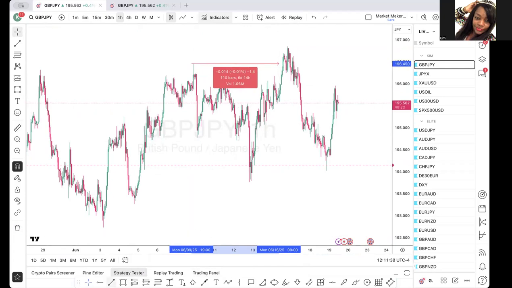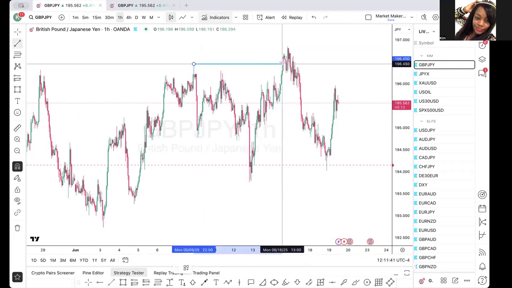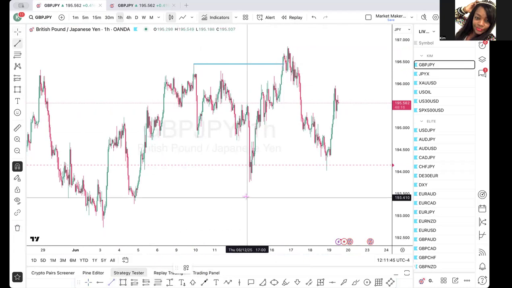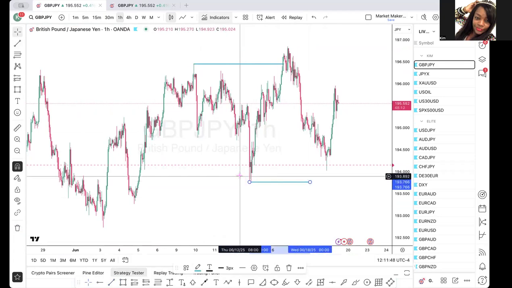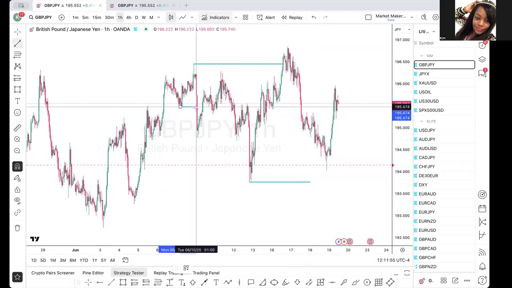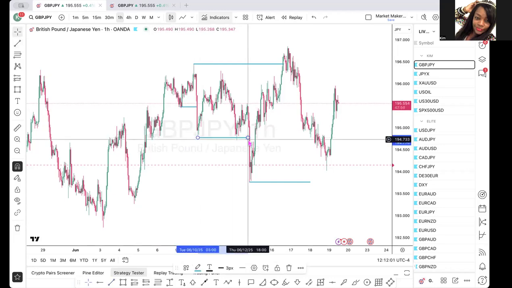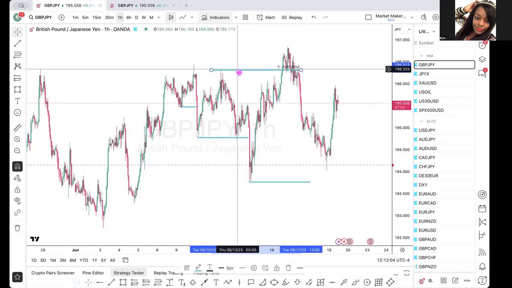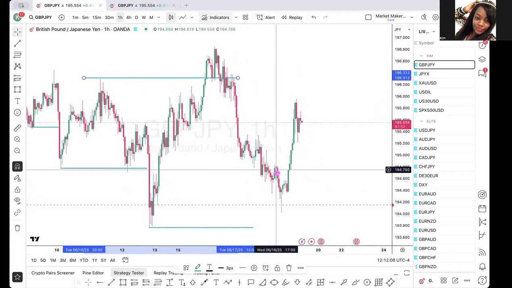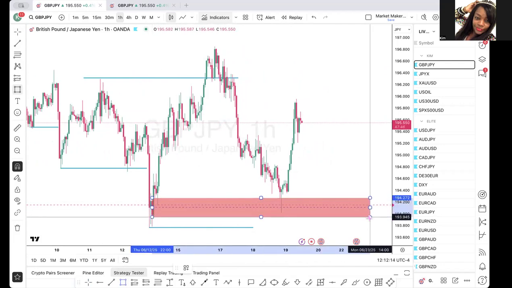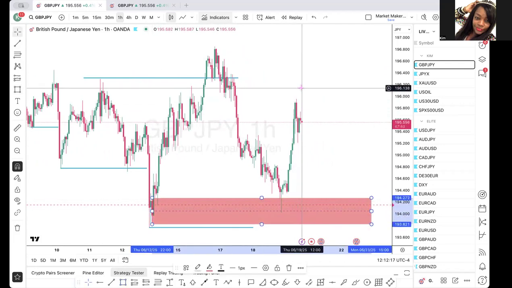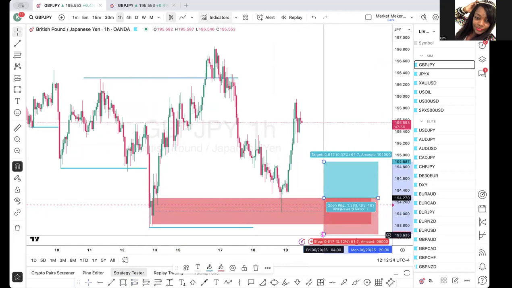Now that it has broken this high here, that's my swing high. That's my swing low. Okay, wait a minute. Hold on. I just messed that up. So this was a shift in structure here, a break of structure here, and then a break of structure here. So if I now move my swing high to here, price broke that structure, price pulled back into this demand zone and is now pushing up. My TP, which I am in this trade,